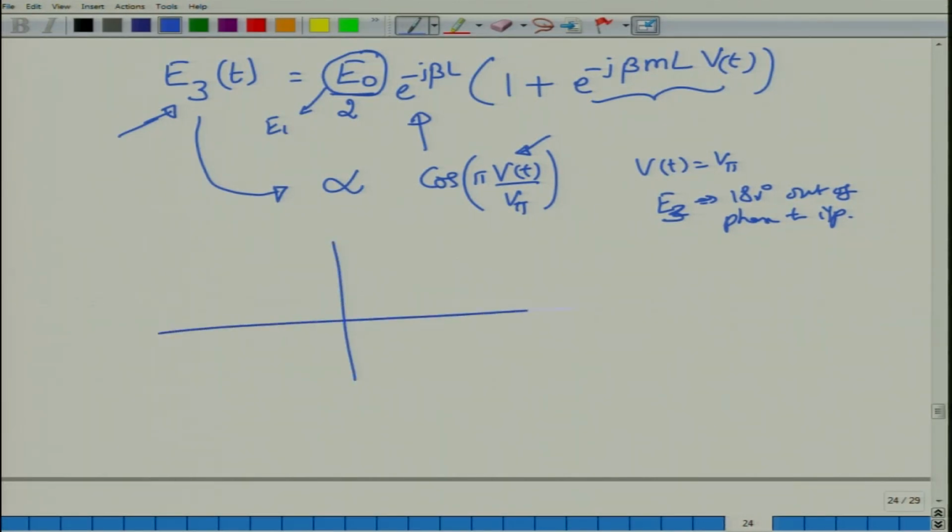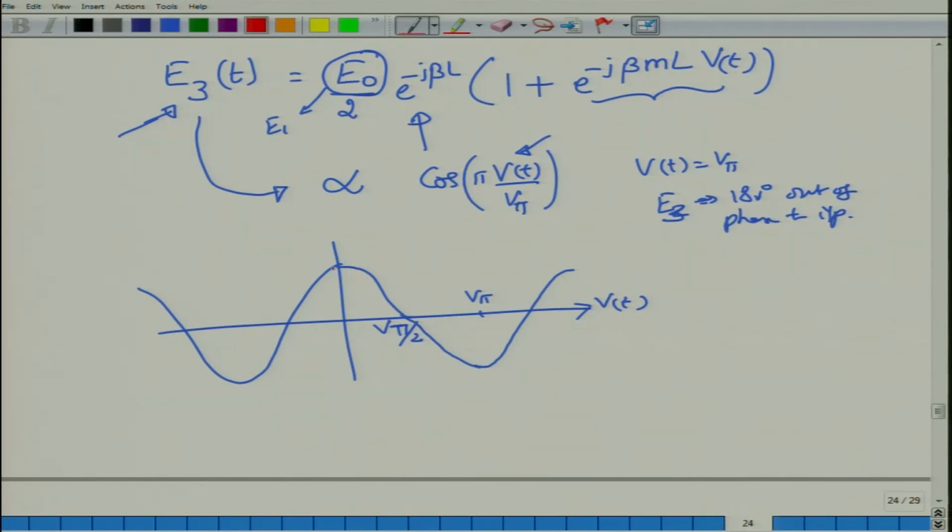But if you are interested only in the amplitude changes, then if you change V of t, when V of t is 0, the transmission will be maximum, and then it will go down to 0 at V pi by 2. So at V pi by 2, this fellow will be cos pi by 2, and therefore that would be gone. The amplitude would go down in the cosine manner, reach its negative maximum at V pi, and then again build up from there. Similarly, this is what is going to happen on the negative values of V of t as well.